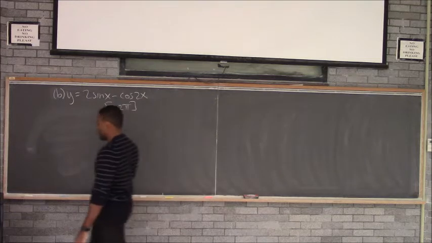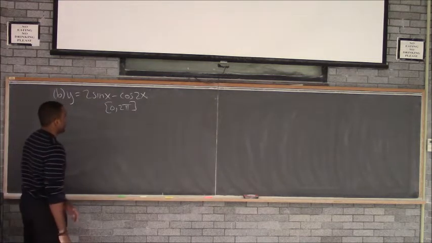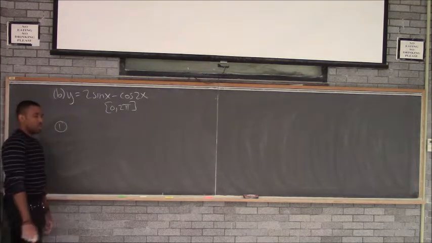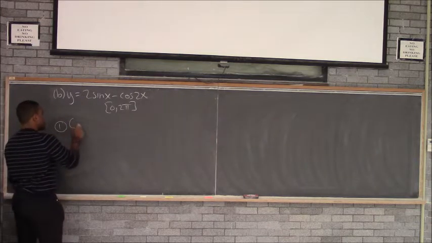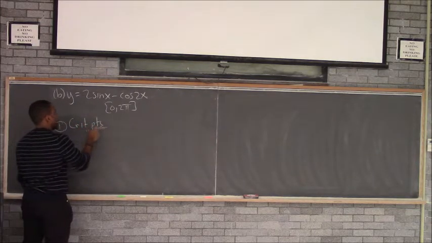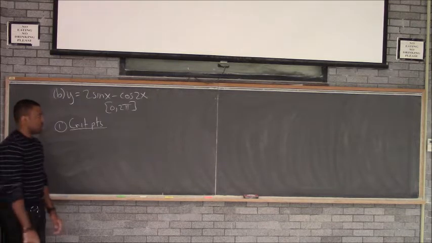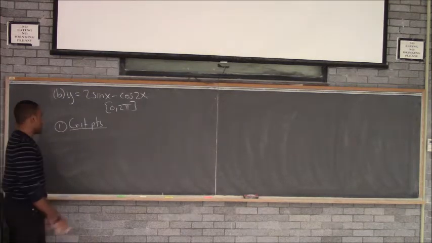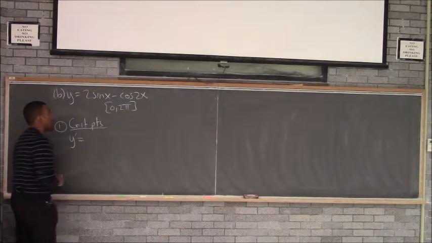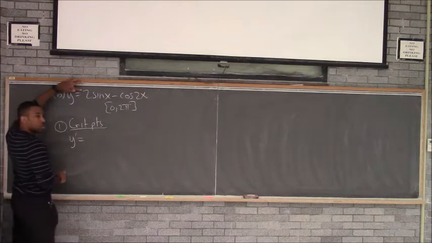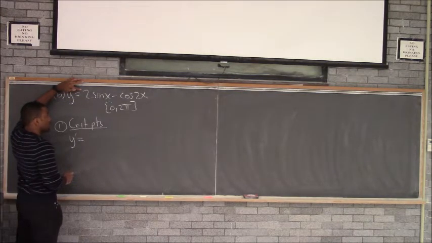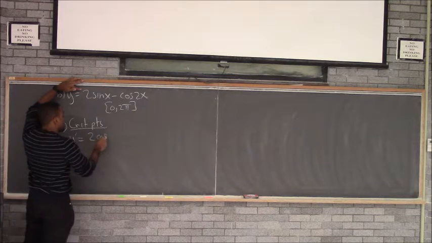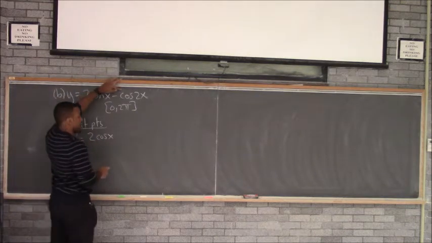I want the absolute max and min of this function. What is the first thing I'm going to find? Critical points. How do we find critical points? Set the derivative equal to 0 or undefined. So I'm going to find y prime. What is y prime here? 2 cosine x plus 2 sine